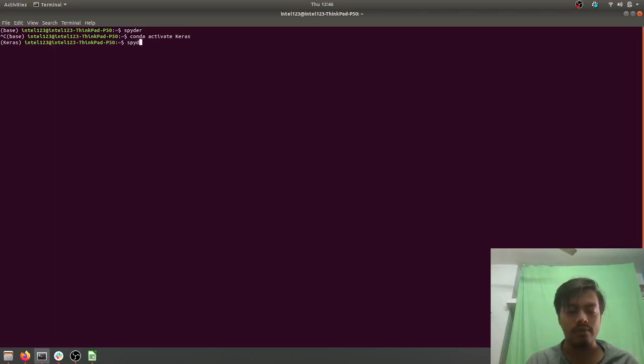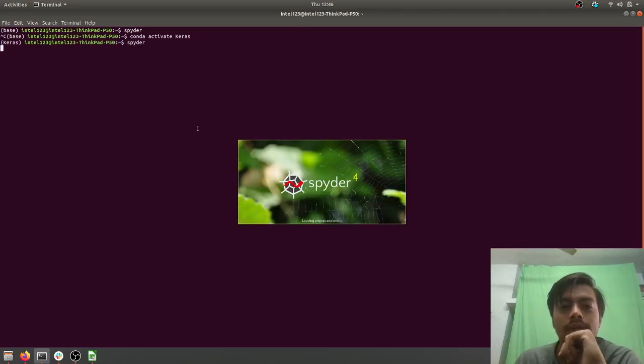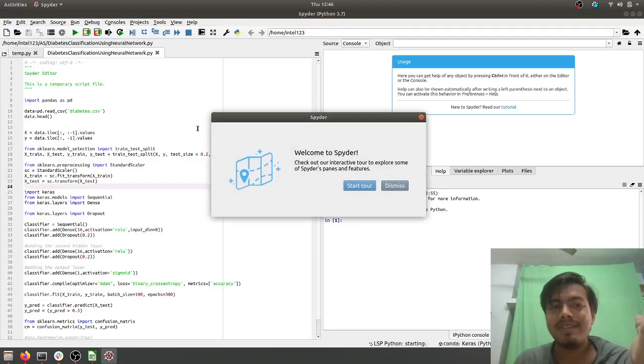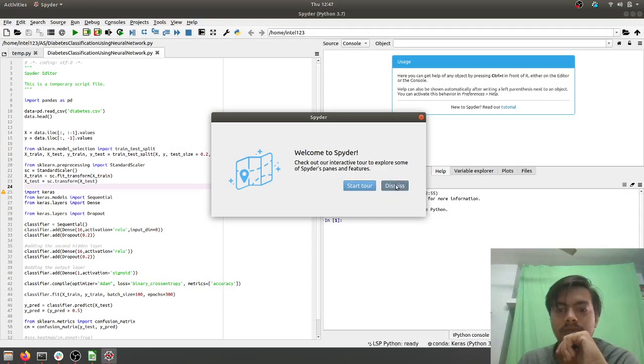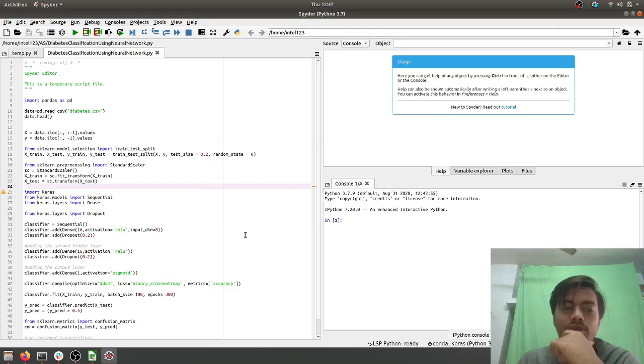What I've done, to not have dependency issues, is create a separate virtual environment for all the deep learning activities in which I'll be using Keras, and the name of that virtual environment I've kept as Keras only. So I'll change the working directory also,